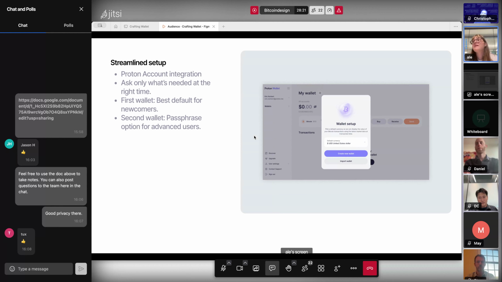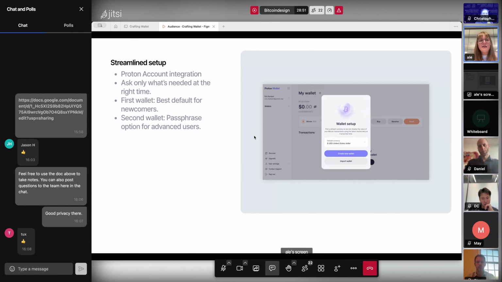So via the account integration, we don't need, for example, to ask for the confirmation of the passphrase and the words in the first setup, because we have a second security, which is the recovery via the Proton account.